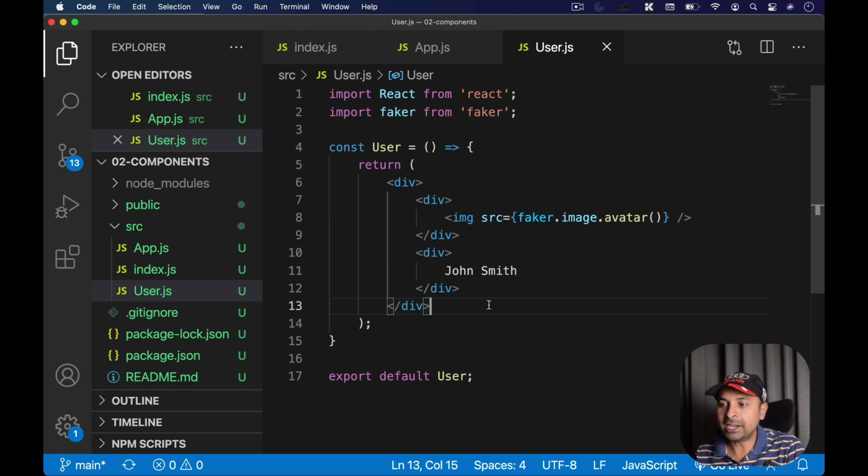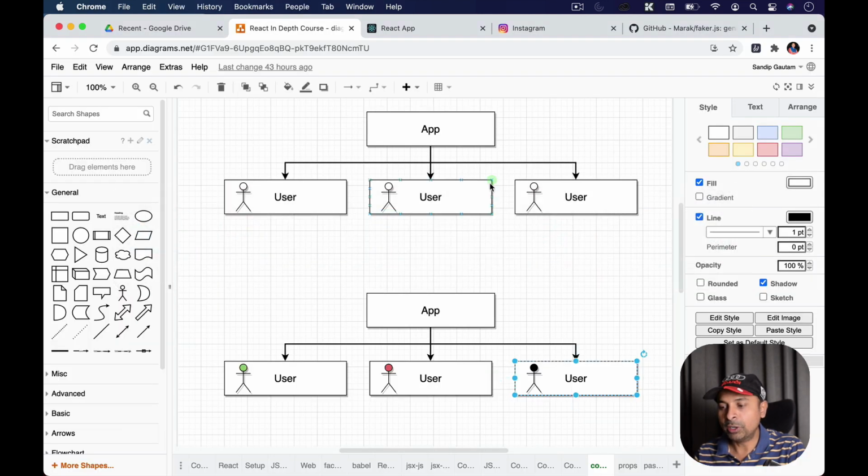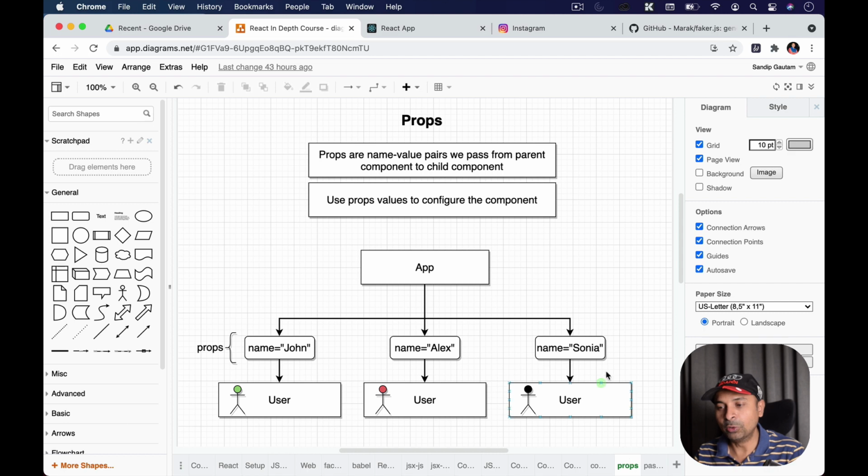So first of all, we need to understand how to achieve it, right? To achieve this, we have something called the props system in React. So if I go here, I'm going to talk about props now. Props are nothing but, think like I'm a person, right? I have a name, I have a color, I have different props, like I'm wearing a cap here. I have different properties, I would say. Each and every person is going to have different properties, but the name of the property is going to be the same, right? So I have a name, I have a job, right? But each person can have a different name, each person can have a different job.